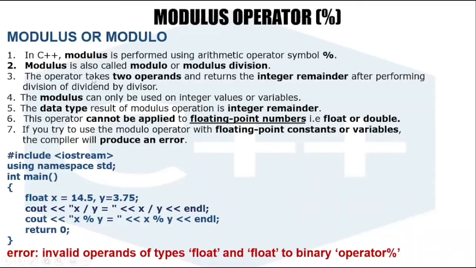In C++, modulus is performed using the arithmetic operator symbol percent. Modulus is also called modulo or modulus division. Same with division, this operator takes two operands, but instead of the quotient, it returns the integer remainder. Unlike other operators, modulus can only be used on integer values or variables, and the result is always an integer